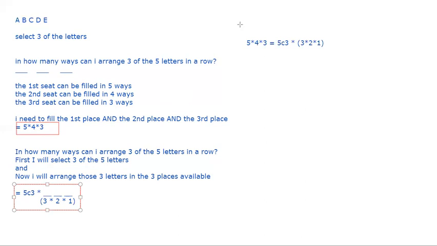So they must be equal. So if they are equal, then what is 5C3? 5C3 is nothing but 5 times 4 times 3 divided by 3 times 2 times 1. Okay. Now, what is 5 times 4 times 3? Can I write that 5 times 4 times 3 is nothing but 5 factorial divided by 2 factorial? What is factorial? You know, right? Factorial of 5 is 5, 4, 3, 2, 1. And here I have only 5, 4 and 3. The 2 and 1 is not there. So I divided by 2 and 1. That's okay.